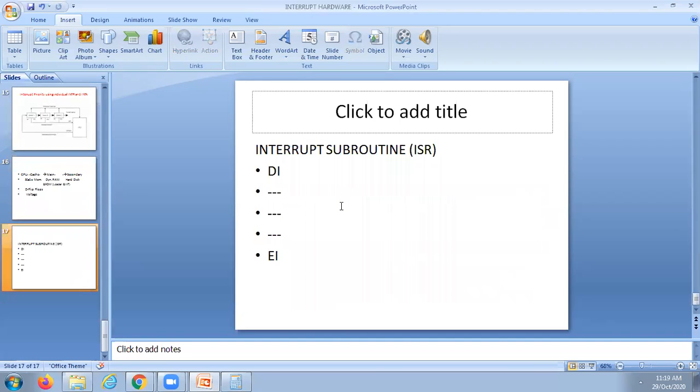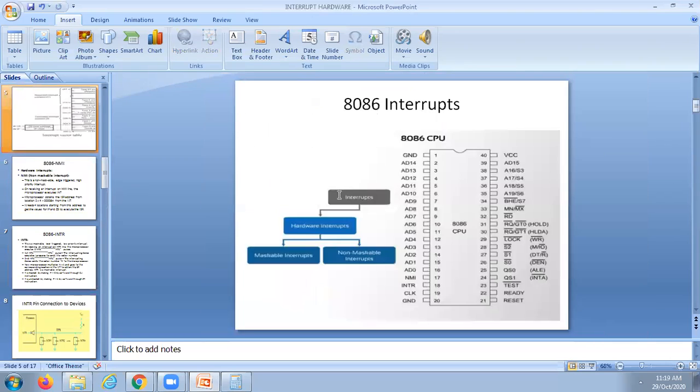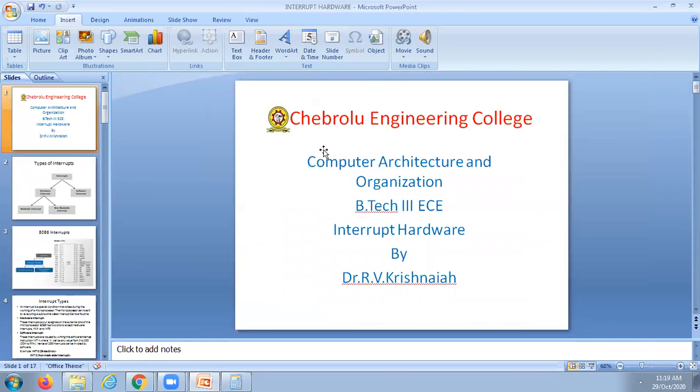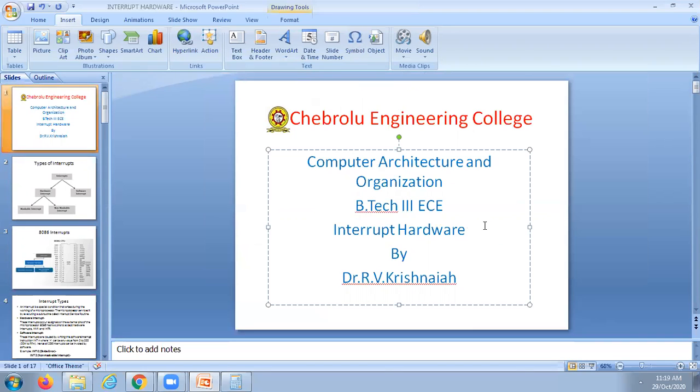Do you have any doubt in this? This is the first part of the 4th unit, that is interrupt hardware. Then we will discuss how to handle multiple interrupts. Here we discussed only a little bit, but in depth we will discuss it in the next class. If that is completed, the first half of the 4th unit is over. I think by tomorrow or day after tomorrow it will be completed.